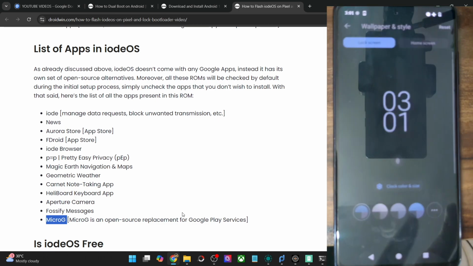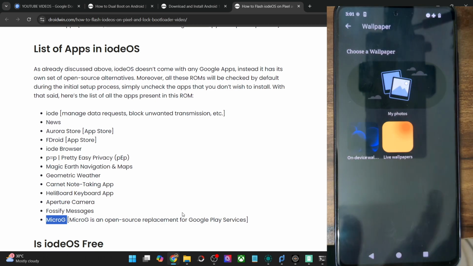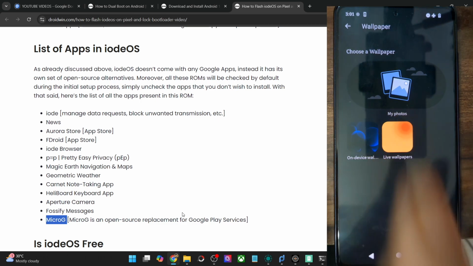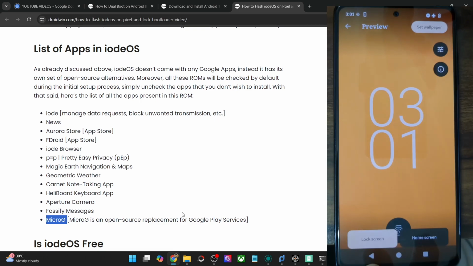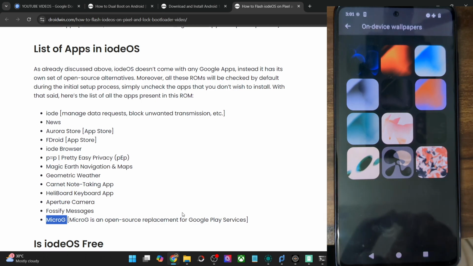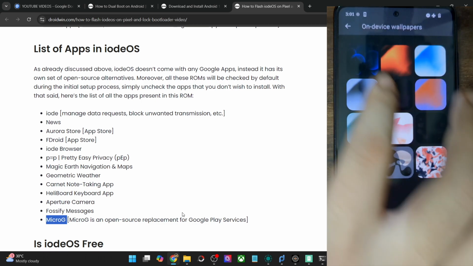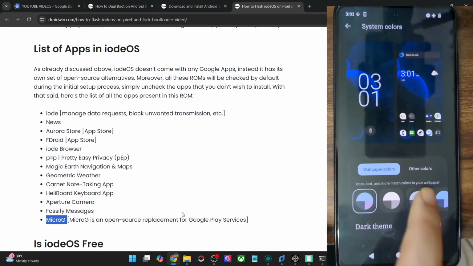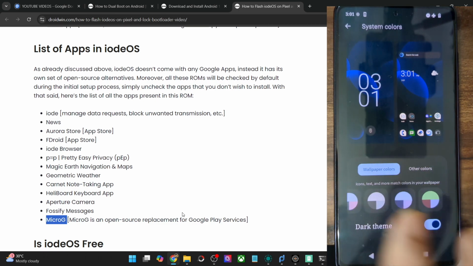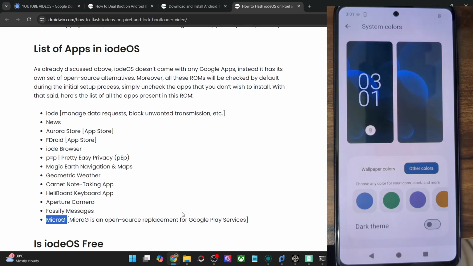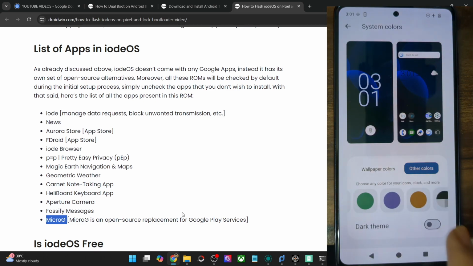You may choose a wallpaper and style. Go from here and change the wallpaper if you want. It has a few live wallpapers as well. That's quite great to see. Let me show you, as you could see in the background. Then you may choose an on-device wallpaper. It has a bunch of on-device wallpapers too. So this is the default one. Likewise, you may also change the color and choose a different color UI UX of the OS as well from here. And you may enable or disable the dark theme and switch to the white theme.